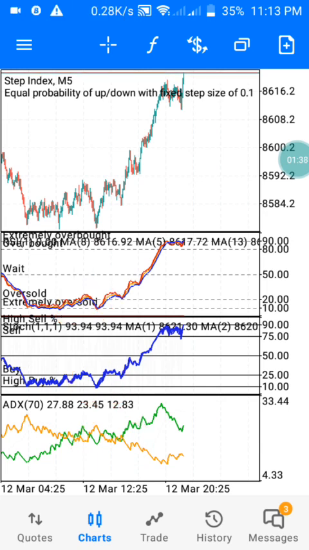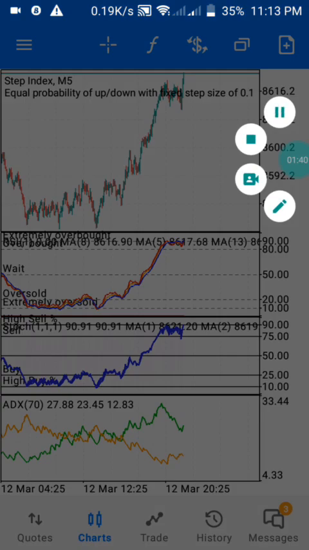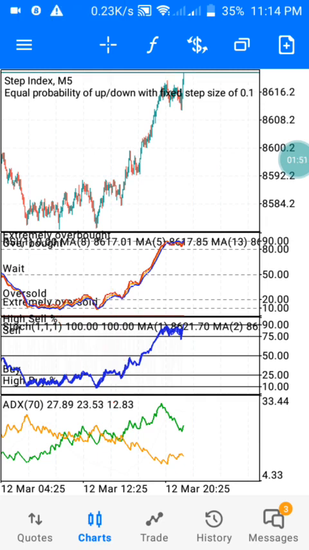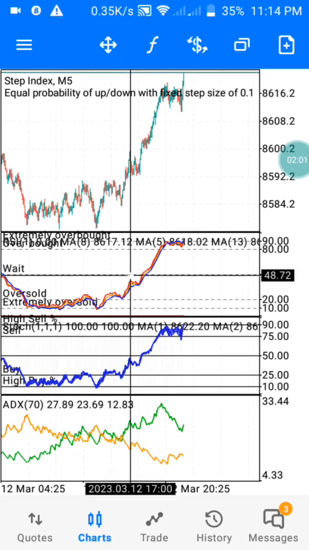After you have the confirmation on the first window, and the confirmation on the second window, you have to wait for the confirmation on the third window before you enter the trade. So watch this video to the end because I'm going to share with you the settings on how you can get this strategy on your phone. Let me tell you how you can trade this successfully and make $80